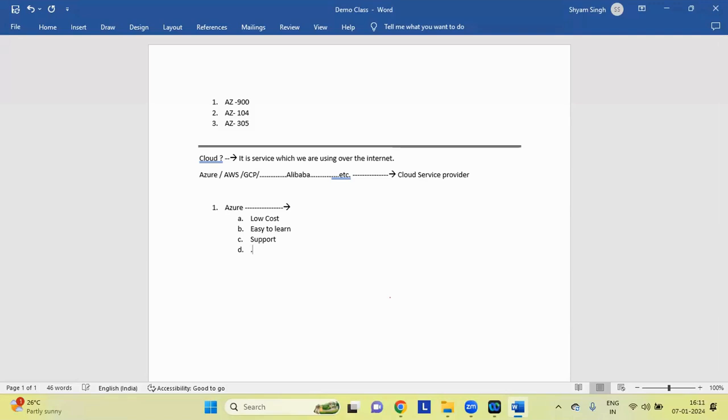And there are so many other reasons. Okay. So we know what is cloud, correct? Now we discuss why we are going to use the Azure cloud, right? Just now we discussed: low cost, easy to learn, support, and integration with other tools. Like any open source tool, it will be very easy because a large number of plugins are available in the Azure Marketplace.